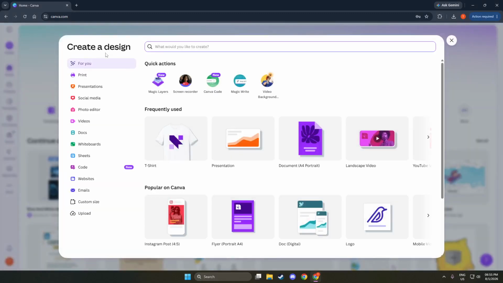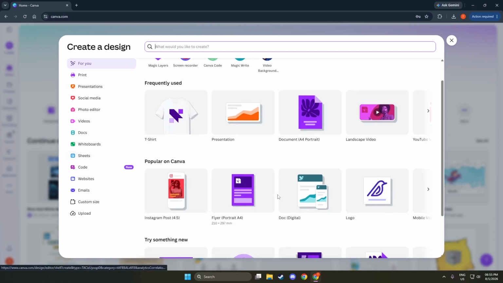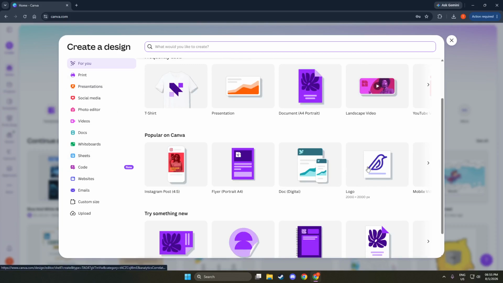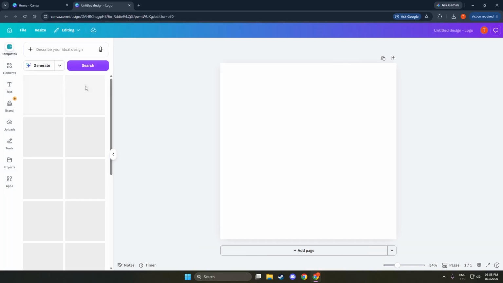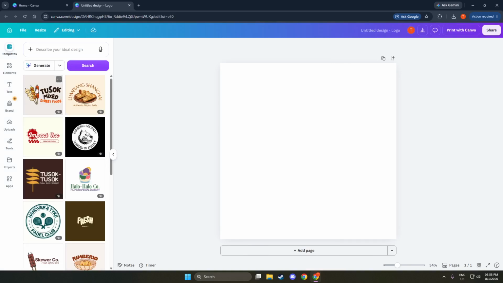First, download your image from Canva. Make sure your design with the image is open on the Canva editor screen. You should see the top menu bar with options like File, Resize, and a big Share button on the right. Move your mouse to the Share button, then choose Download. A small panel appears, showing file type options such as PNG and JPG.